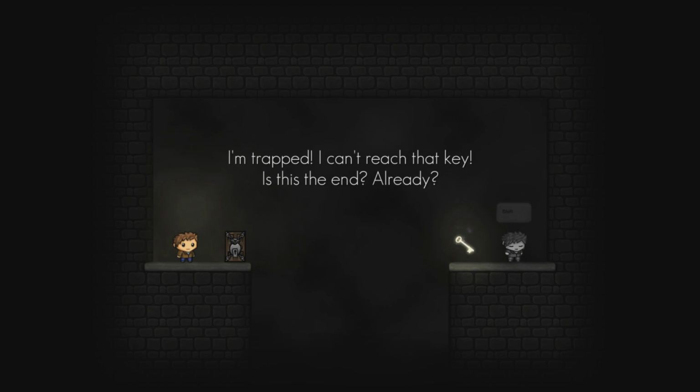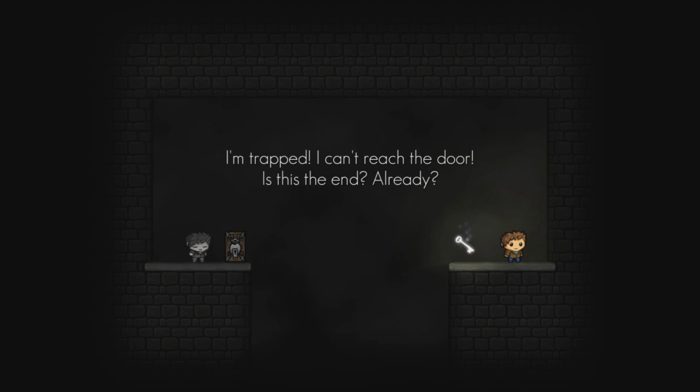This is like a big moment for people, because so far they've just been playing a really traditional platforming experience, right? And they come into this room, they have this little brief pause where it's just like, oh, I don't really know what's going on here, what's gonna happen? And then the shift key thing comes up above this little grey dude's head, and it's like, oh, what's that about? And so they press shift, and then they swap to this dude over here,